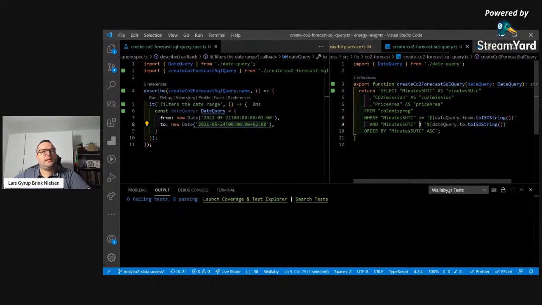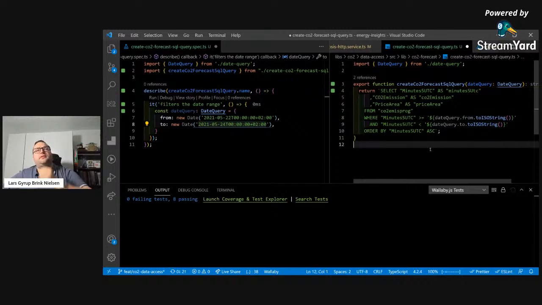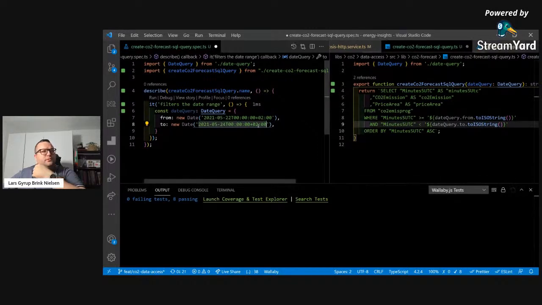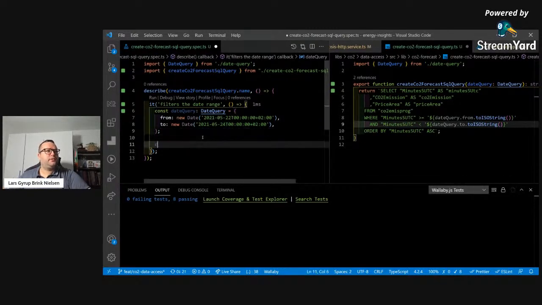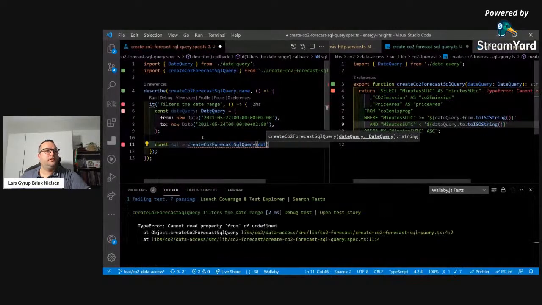It's because it's not an inclusive end range here. There's not an equal sign. So this is based on how the time series are set up here. If we go to, but not including, the first time series of Monday, then we'll get the time series we want. Yeah. So SQL, right? CO2 forecast SQL query, date query,